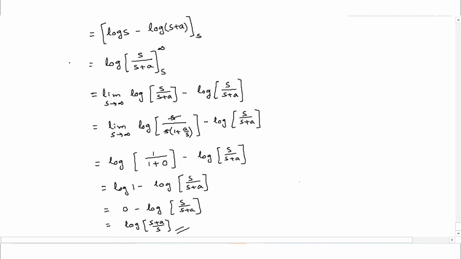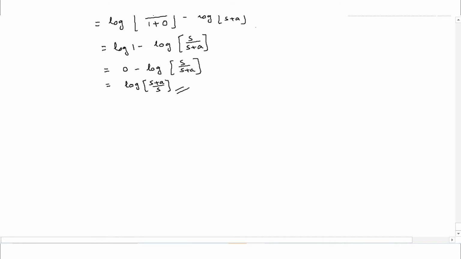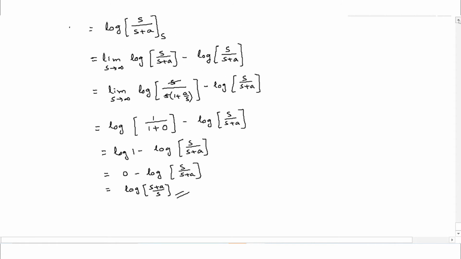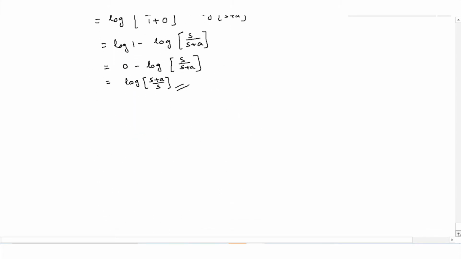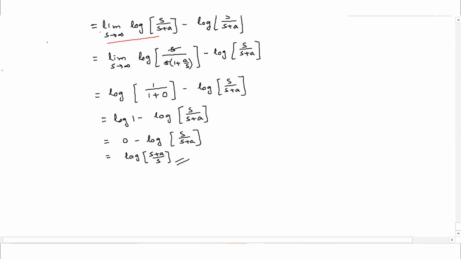But if you want to do this problem directly, as we know that this particular simplification that we have done over here, starting from this step onwards, we have seen that s is tending to infinity. You have taken s common outside and this log of s by s plus a has remained. So starting from this step till here, if you try to observe this expression, ultimately I have made this first term to be 0. You will be left out only with this particular term, negative of. Can you see over here that negative of log s by s plus a is repeated over here,